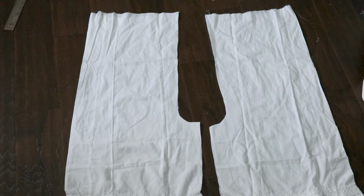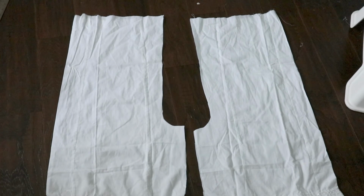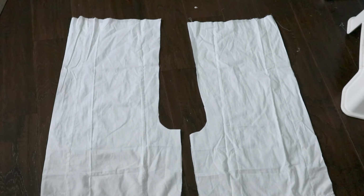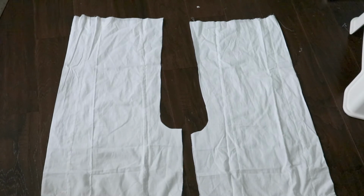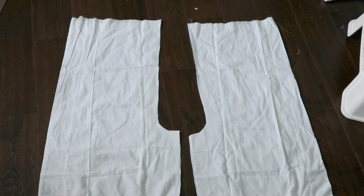This is a part that I definitely don't know what I'm doing. In all the patterns I see, there's those little scoops, right? And that's so that it can fit between your legs or something. But then at the same time, these things are supposed to be open so you can go to the bathroom. So I literally don't know. I'm just gonna finish off the edges